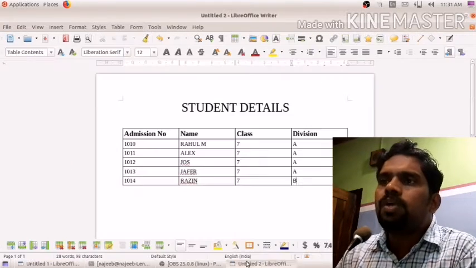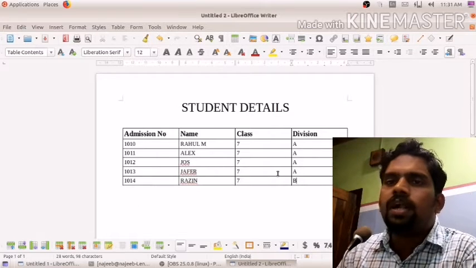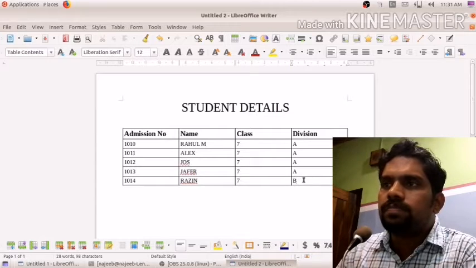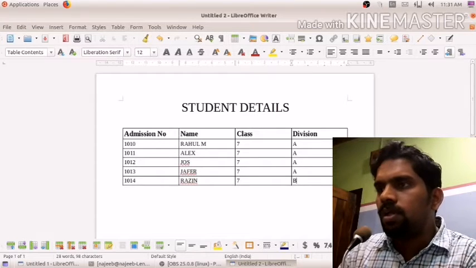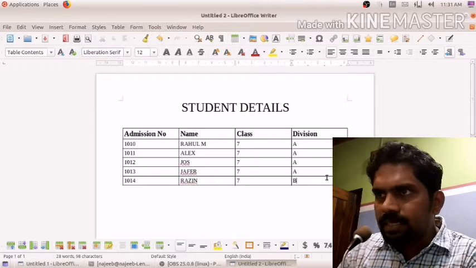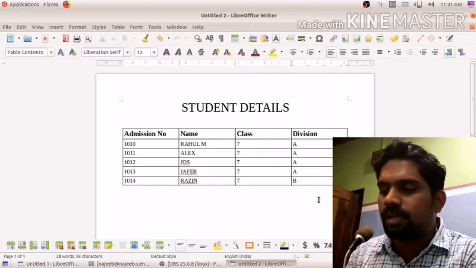Then another thing is inserting columns and rows. That means if you want to add a new row, you see here 5 rows. If you want to add another row after the last row, for that purpose we can just hold the cursor here and press the tab key on the keyboard.